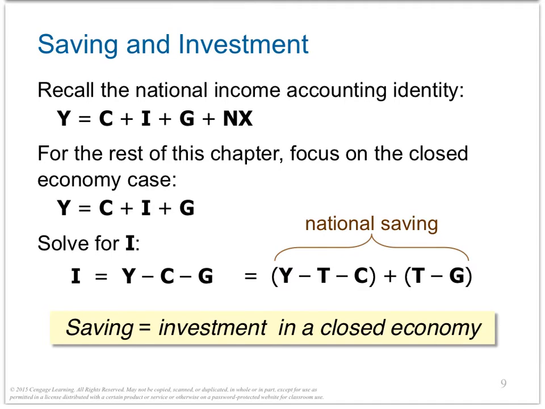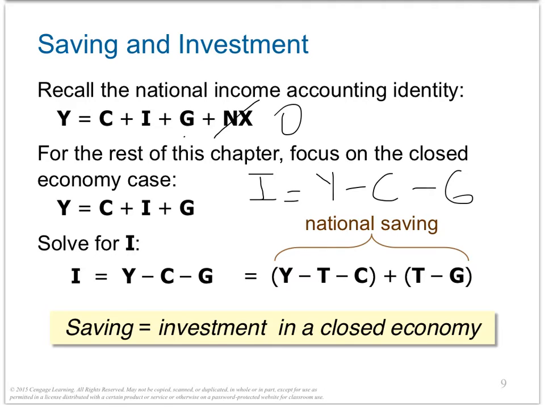So let's start from the beginning. Recall the national income accounting identity, C plus I plus G plus NX. But in a closed economy, this is 0. So Y is equal to C plus I plus G. Now I want to leave I alone to find out how I can find I. I, investment, is equal to Y minus C minus G. That is left over after you spend for consumption and government expenditures,